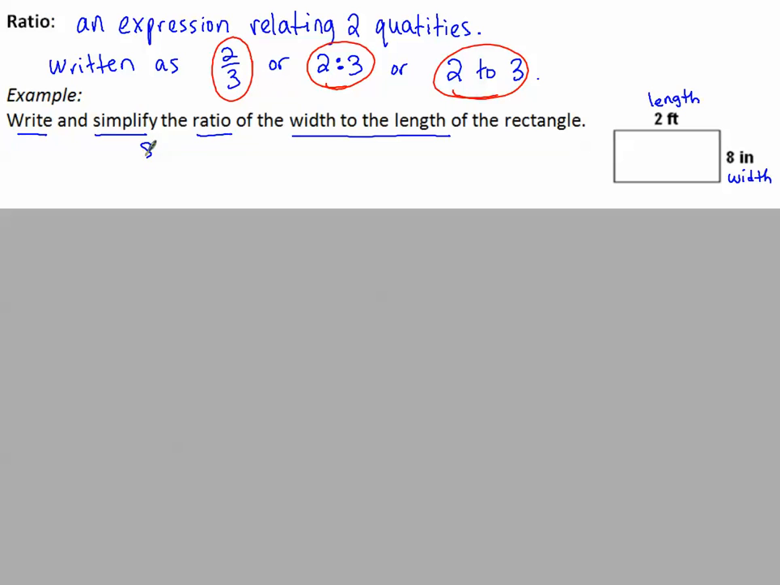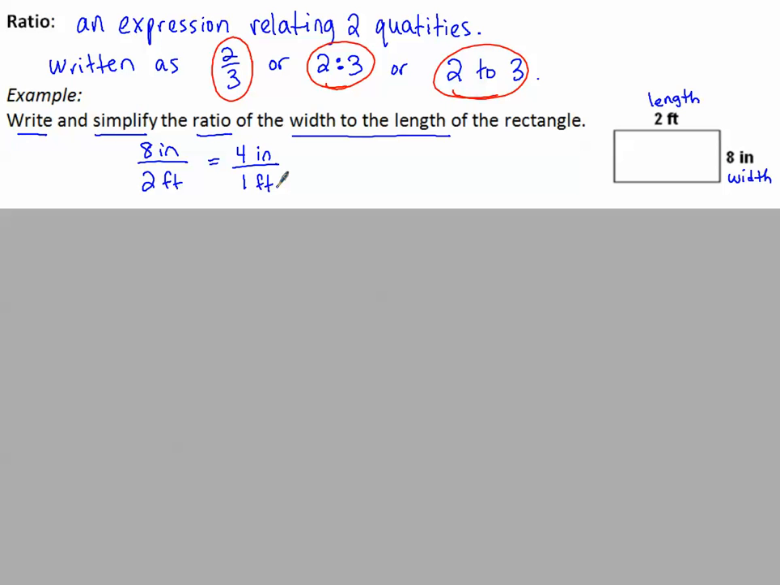So the width, 8 inches, we can put on top, and the length, 2 feet, we can put on the bottom. Now we can keep it in different units and just reduce the numbers. So 2 goes into 8 4 times evenly, and 2 goes into itself 1 time. So this could be 4 inches for every foot, but usually it's easier to have them in the same units. So in the same units, we need to translate the feet